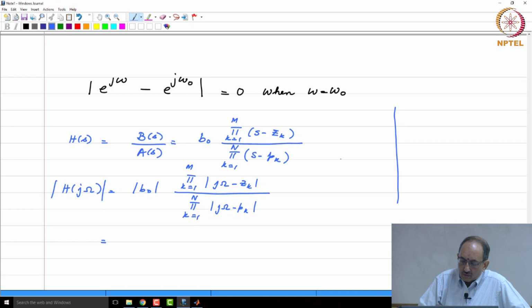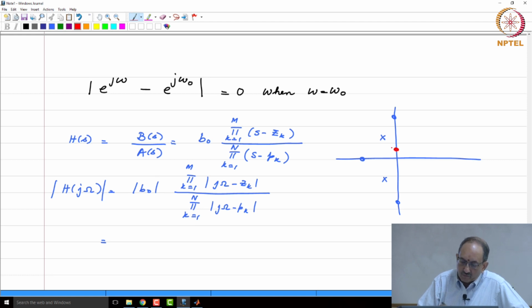And this has exactly similar geometric interpretation as what we had just now discussed, only that rather than moving along the unit circle, you are moving along the j omega axis. Therefore, if you have a pole here and say a 0 here and a 0 here and a 0 here, if this were the frequency response, you are somewhere along the j omega axis, and the interpretation of the magnitude response is wherever you are on the j omega axis,